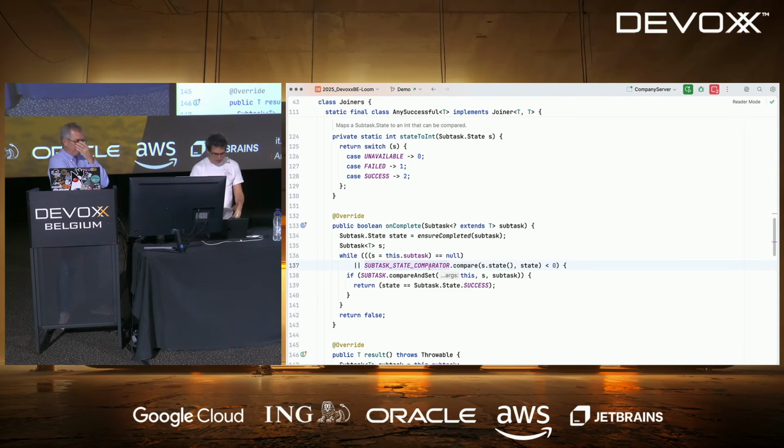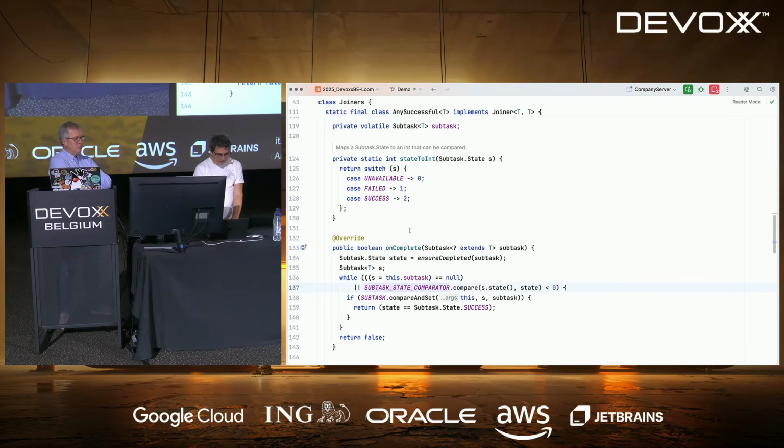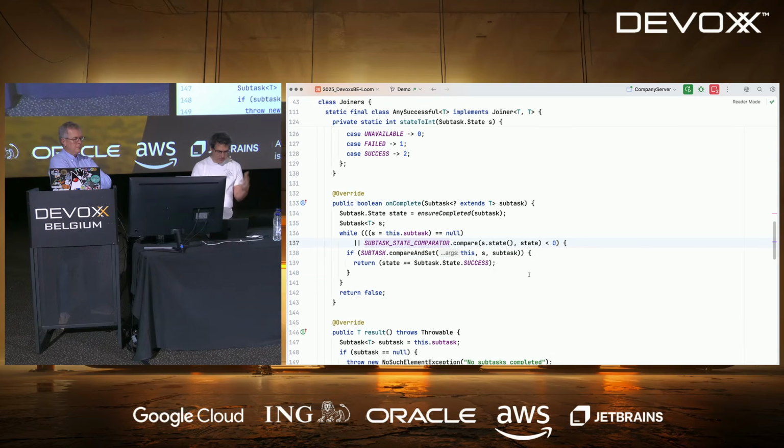if, so basically, if one failed and the other is success, the comparator will be higher, so I will try to update again. And here, I will say if the STS should stop or not.